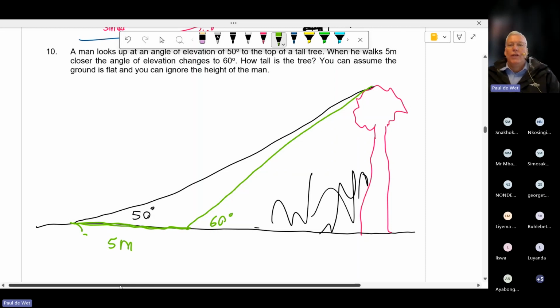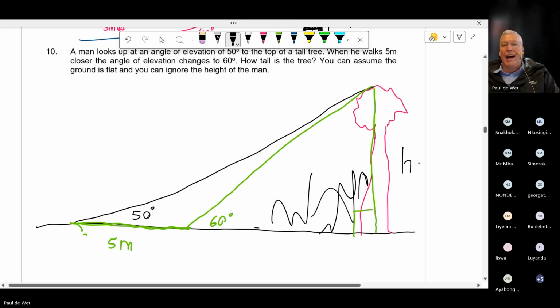Now, I want to show you how we can work out the height of the tree. We don't even need to get anywhere near the tree because this is the right angle in here, okay? Now, what I'm going to do is a little bit tricky, but I think you guys are up for it. It's important for me to show it to you because it's a nice application, because I don't need to be able to get to the bottom of the tree. If the height of the tree is h,